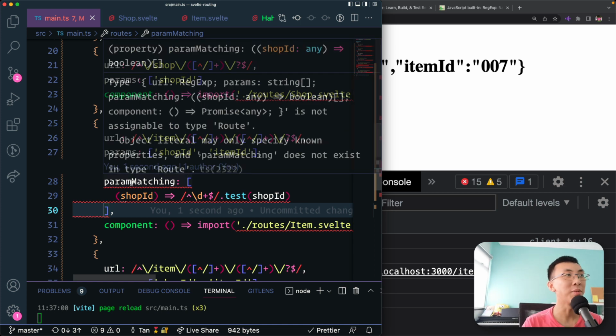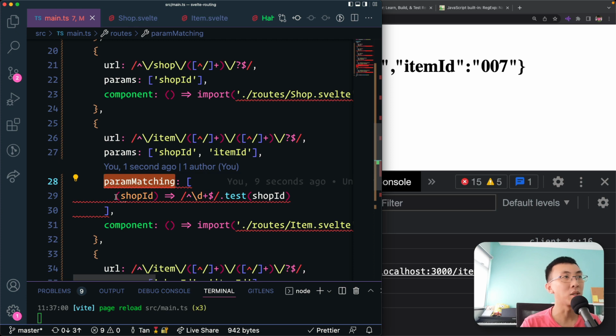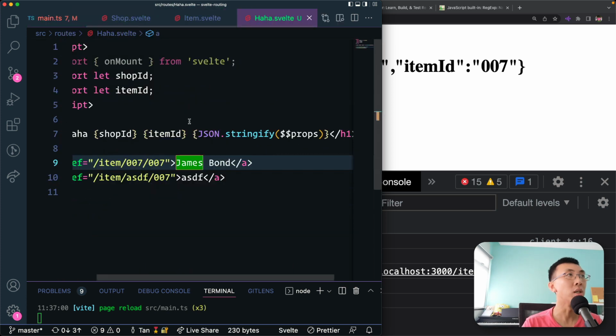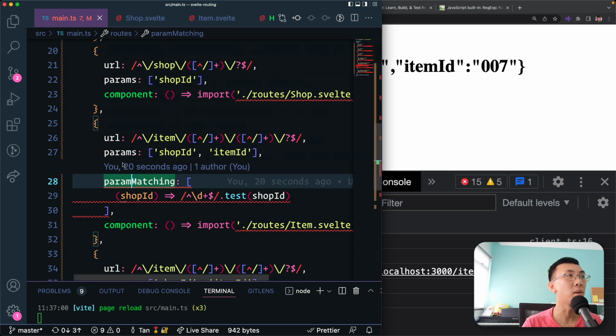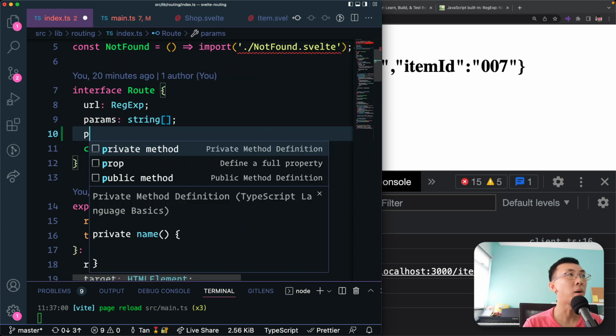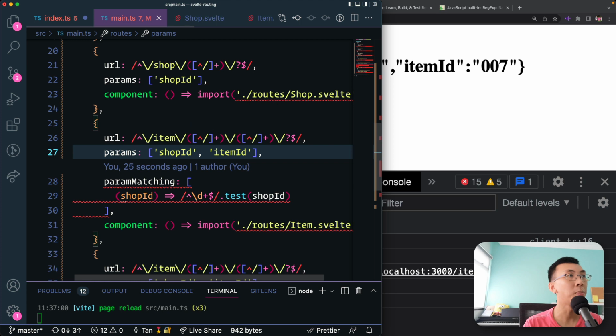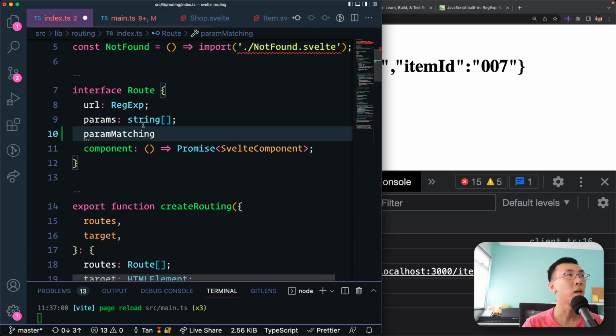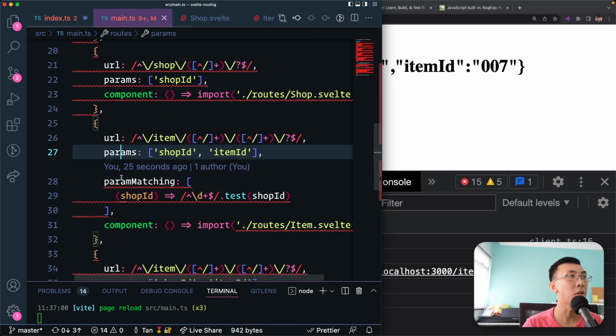So anyway, let's come over here. Param matching, we have our validation function. This should return us a boolean. Of course, this gives us a warning in TypeScript. We need to define it. So let's go here and define param matching. I think we should have an S over here. Params matching